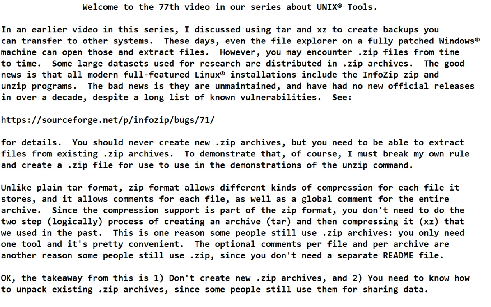So, why do people still use zip archives? You only need one tool and it's pretty convenient. The optional comments per file and per archive are another reason some people still use zip, since they don't need a separate README file. And also the ability to compress different members of the zip archive using different methods is great,